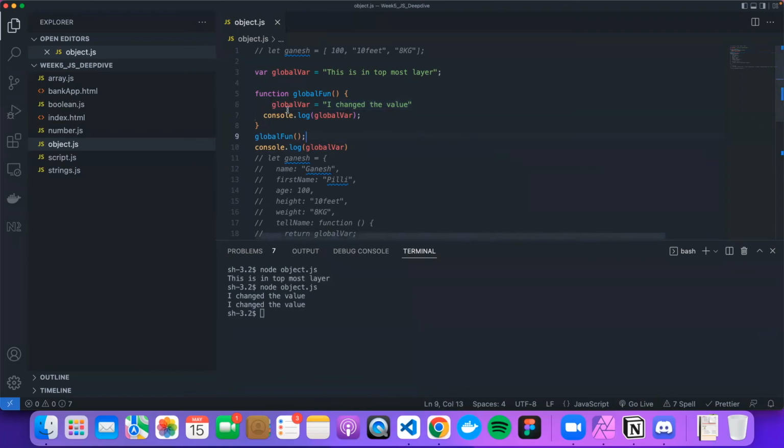So I can change this variable from inside a function, and that will take effect across the entire application. This function call is going in here, changing the variable and logging it, then coming back and executing this. This is also logging the changed value. So you can change it, but remember,